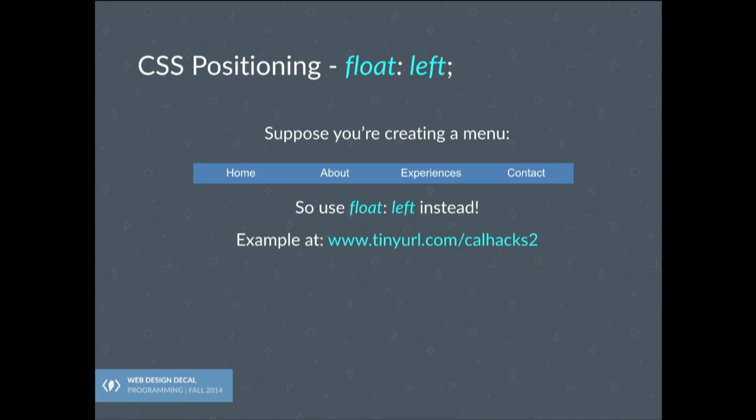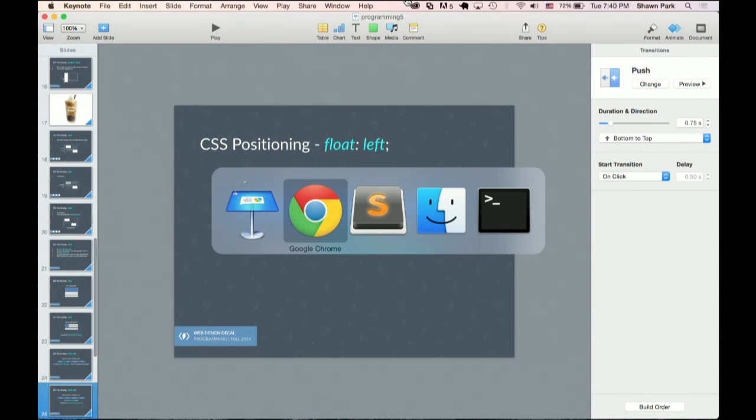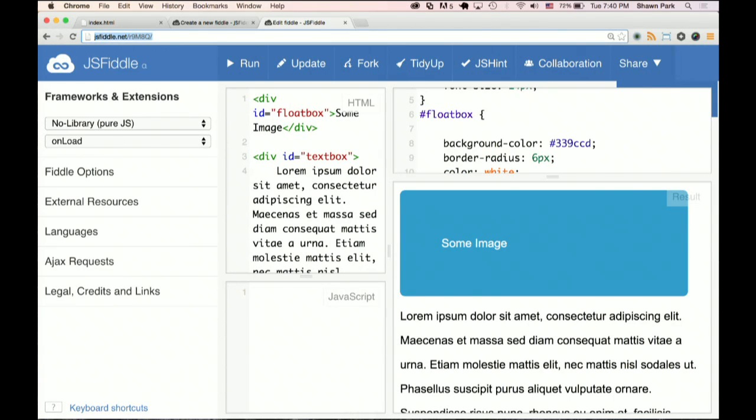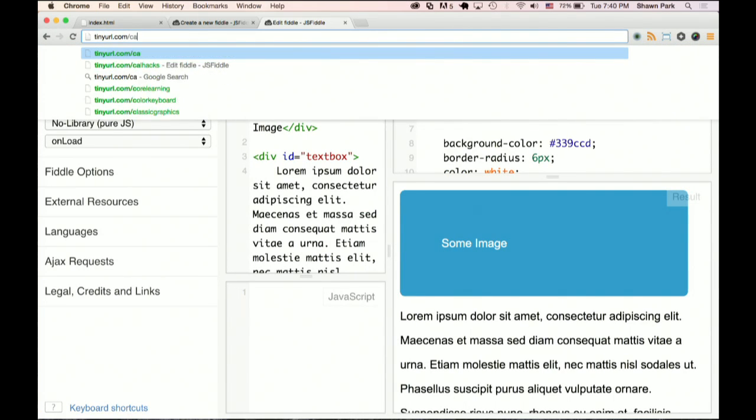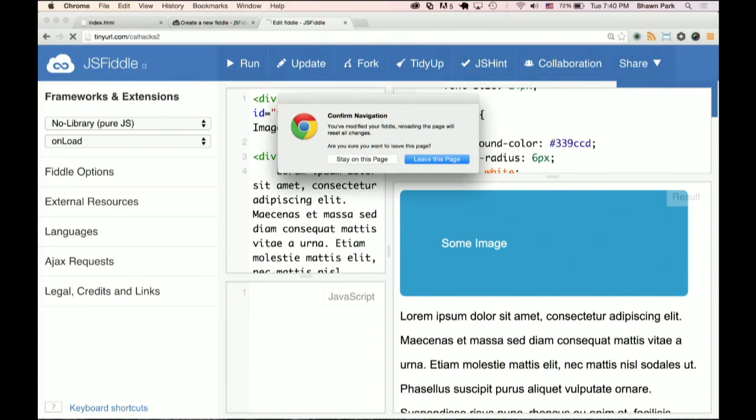But you can if you stack them using float. If you just float left all of these elements, then they won't leave any gaps, and they'll appear something like this. The URL for this one is calhacks2, tinyurl.com/calhacks2.